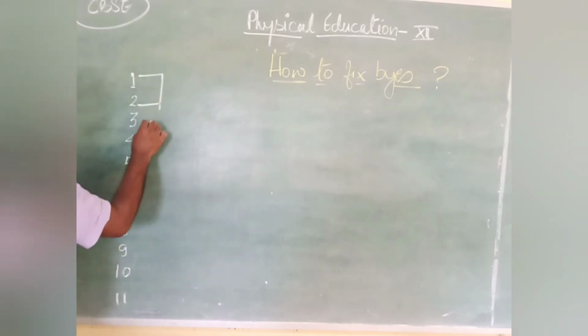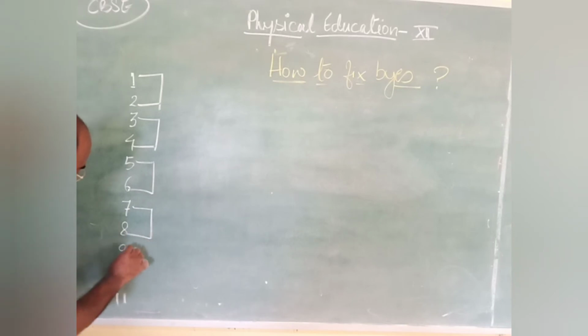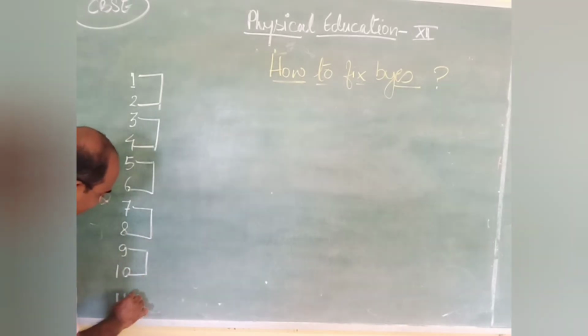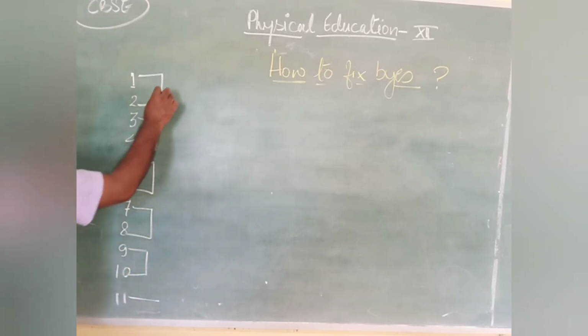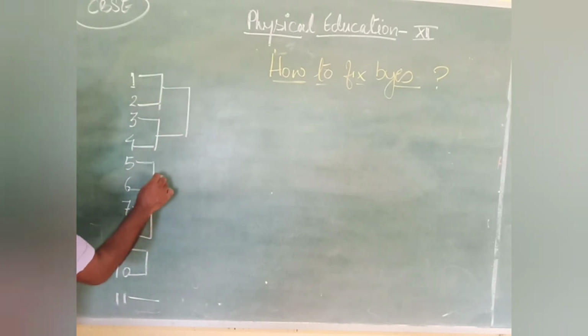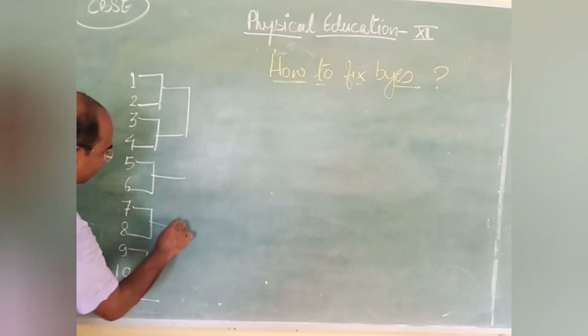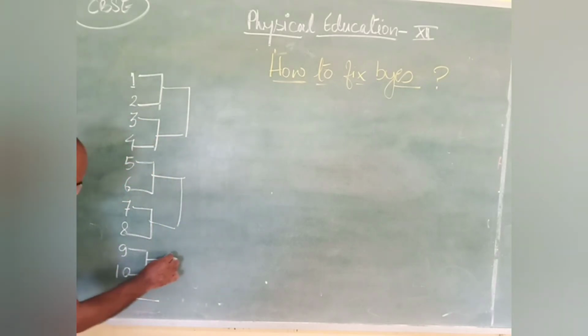1, 2, 3, 4, 5, 6, 7, 8, 9, 10, 11 is alone here. Okay, the first 10 teams are playing match, 11 is left alone. How 11 and with whom 11 is going to play? In case if you continue, then also we can see at last. See, winner of 1, 2, winner of 3, 4 is playing, winner of 5, 6, then winner of 7, 8 is playing, winner of 9, 10, then winner of 11 is playing.